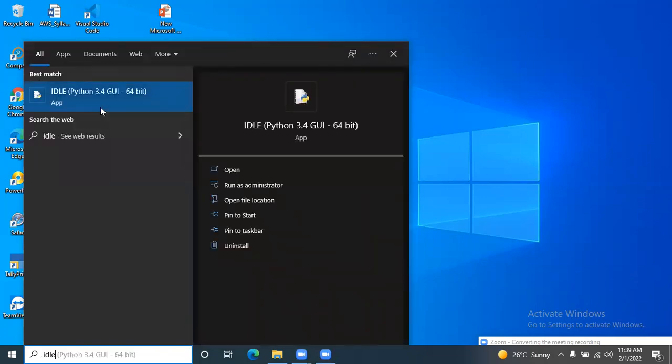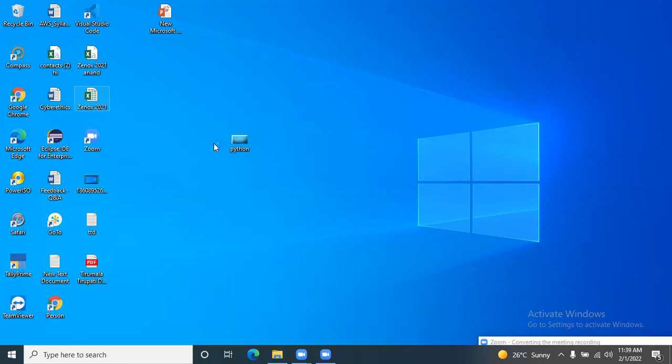So multi-level inheritance I have to show. Multi-level is one child class becoming the parent of